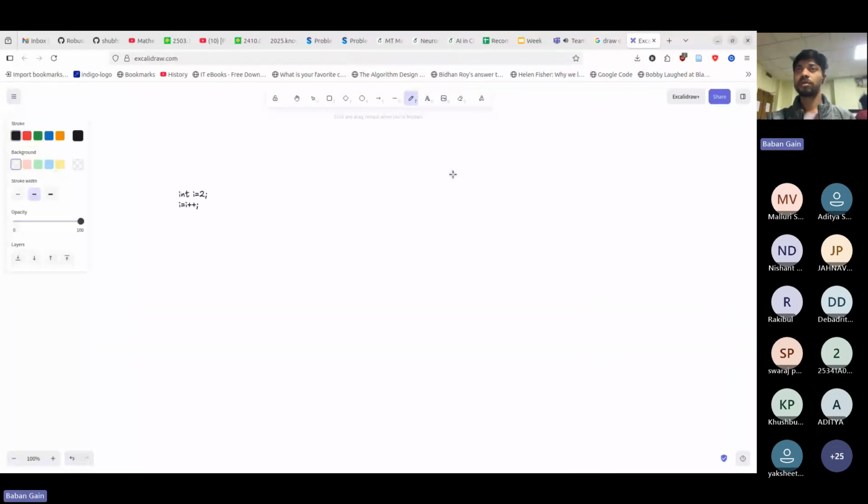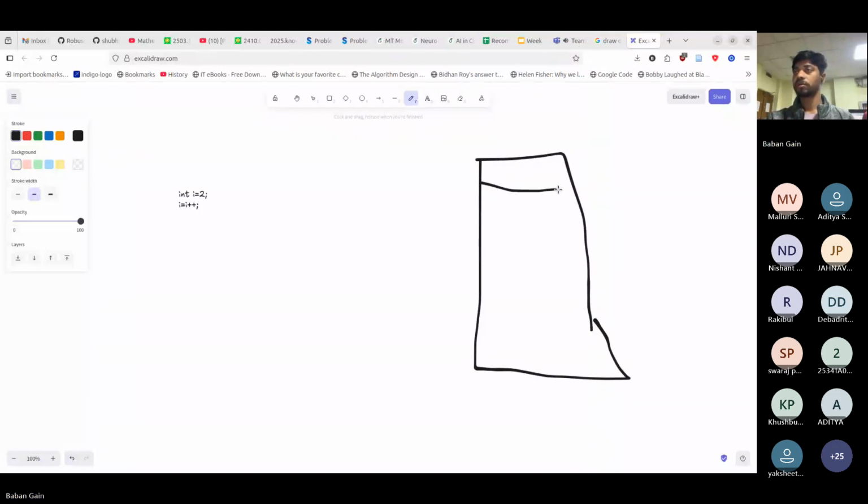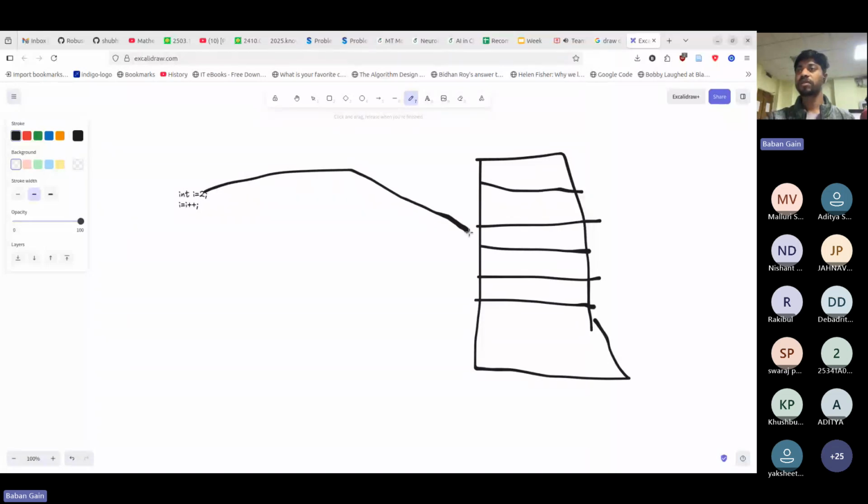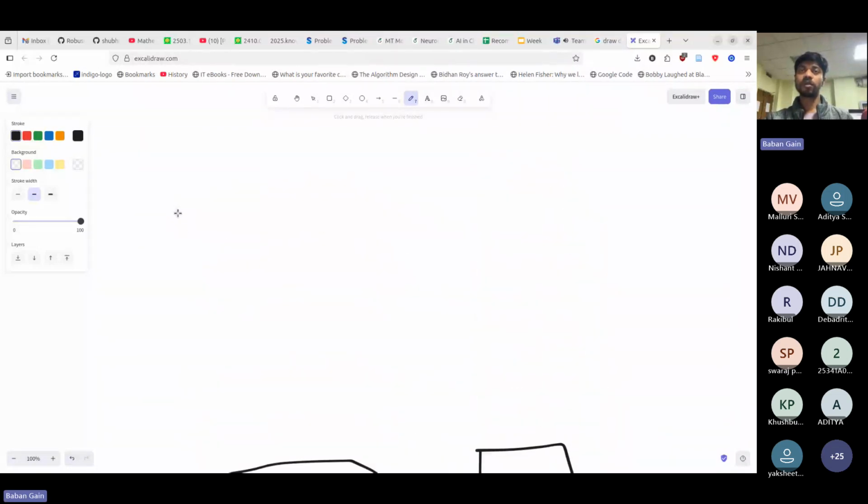Let me just draw something like this here. Assume this is the memory. When you see int i equal to 2, it will assign something like this. And assume there are 2 here. So at first, what will happen is that